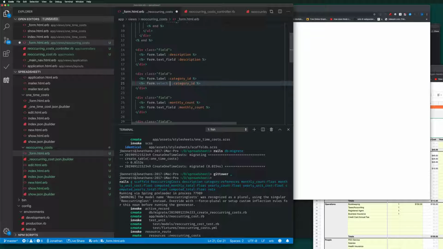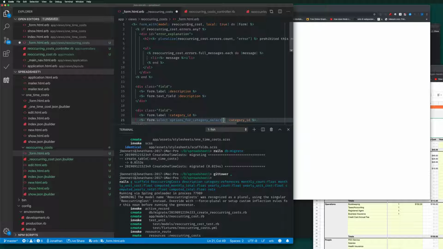Select, and we already have the helper for this. So options for category, select, and this is on the terribly named